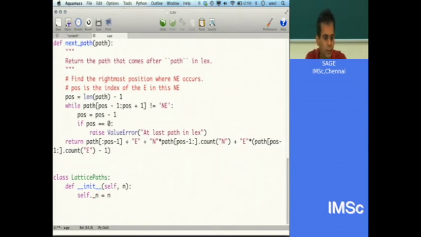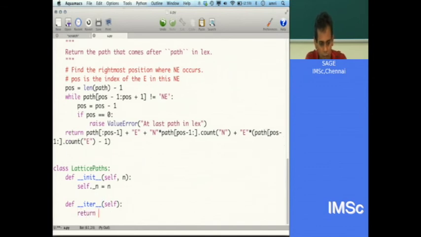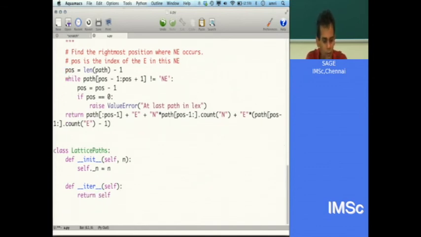And then we need a def __iter__(self), return self, then we have to have the def __next__(self).